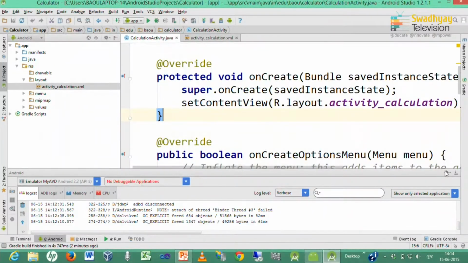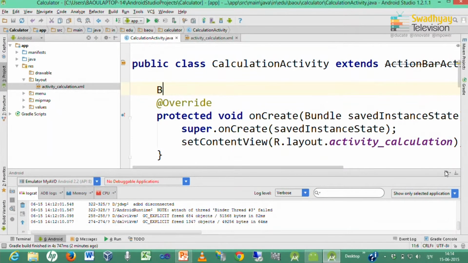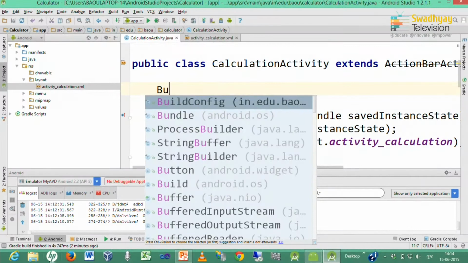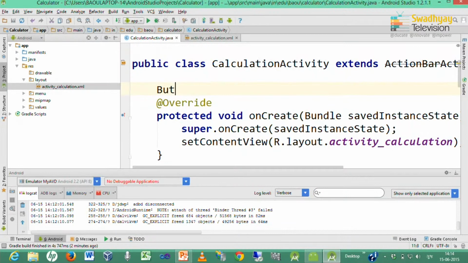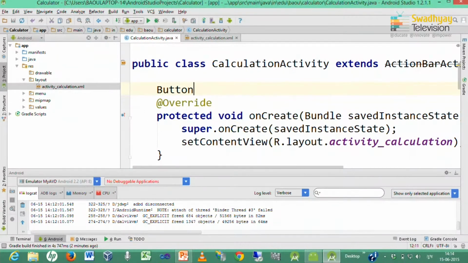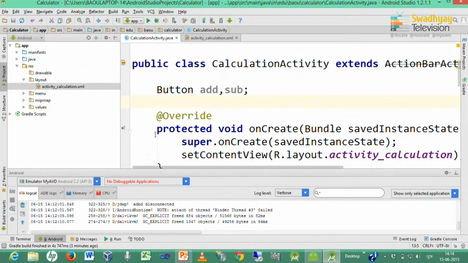Here we declare objects of type Button because we want to handle button events. By pressing Ctrl+Space, it will automatically display suggestions. So, here I declare Button with names add and sub. These are two objects representing our buttons in the interface.